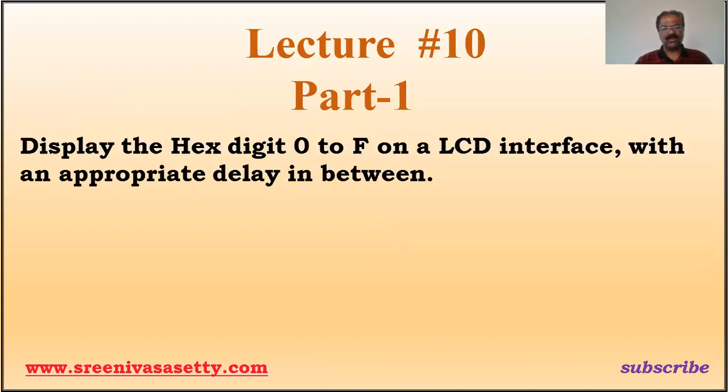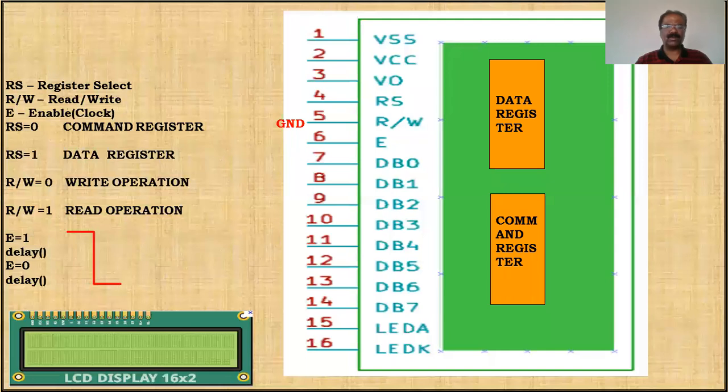So before developing any program, especially in embedded system, the hardware specification is very important. First, we have to understand the hardware, then only we can proceed further. Now, in our experiment, we are going to use this LCD. We have different types of LCD. In this case, I'm going to use this LCD.